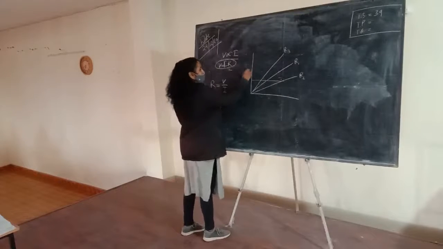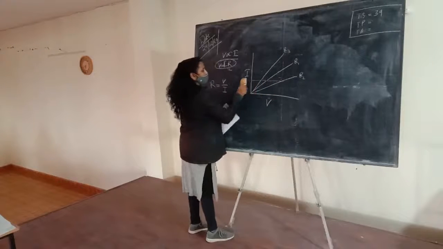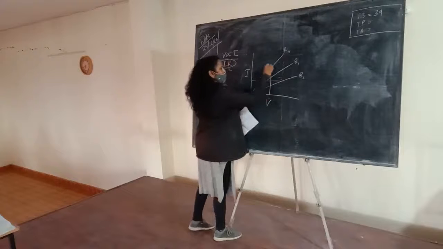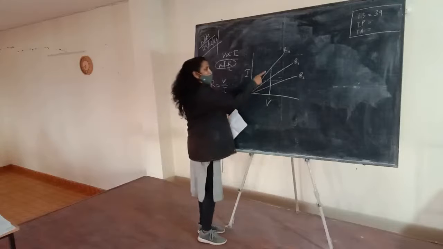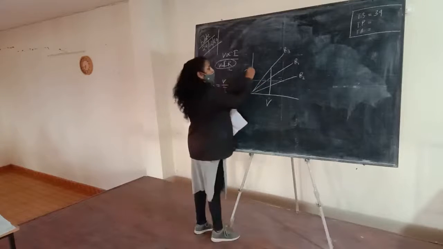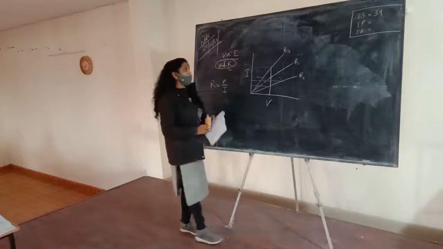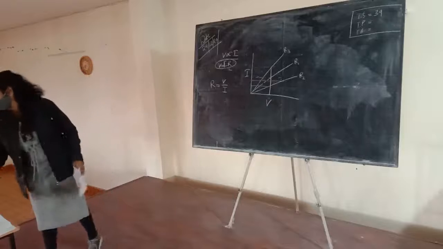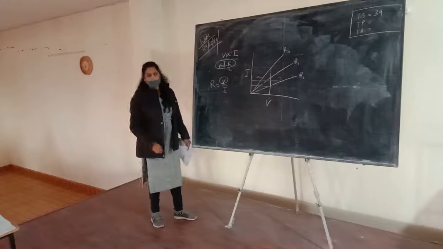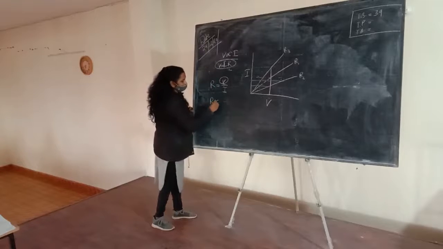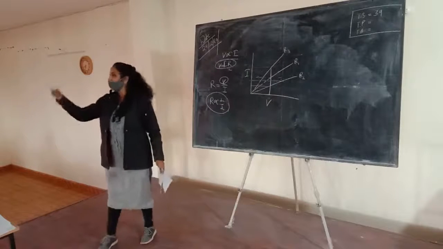Actually, in the y axis we take I, and in the x axis we take the V. So we are taking constant V. Okay. Constant V means this is the constant V. This can be any value. So this is constant for all these 3 resistors. Now, by comparing the current through the wire, you can find which resistance is higher and which one is less. Since V is constant here, it means R is inversely proportional to the current. The wire which has the higher current should have the low resistance.